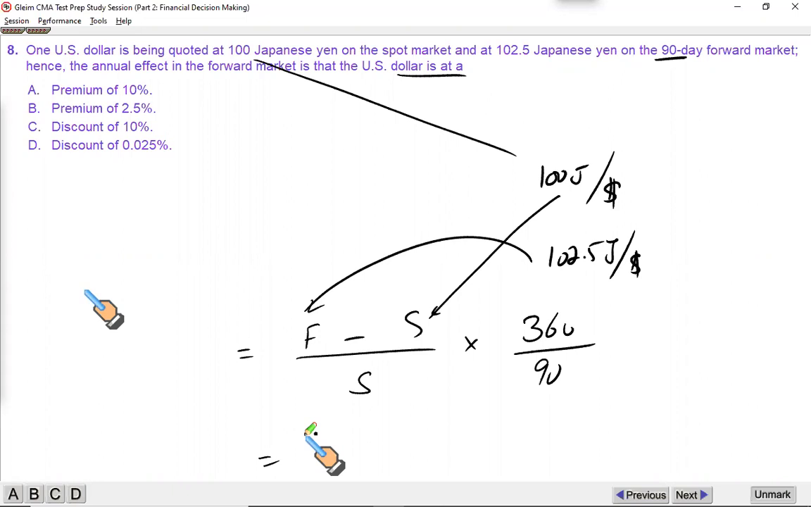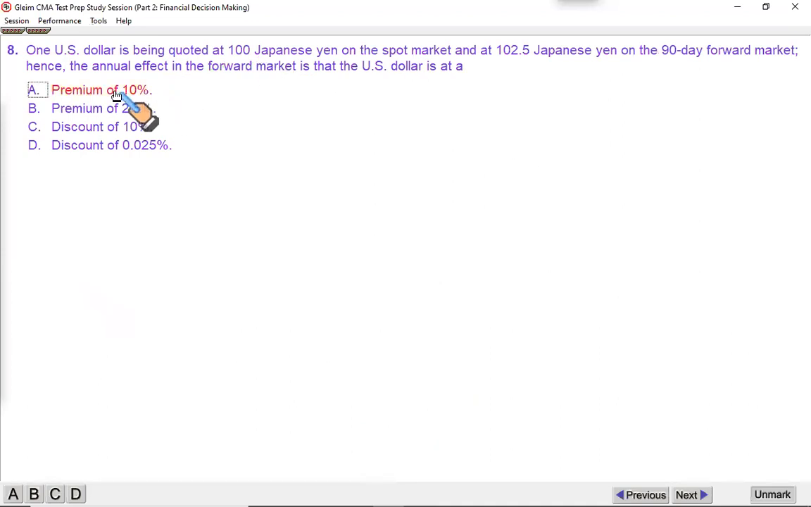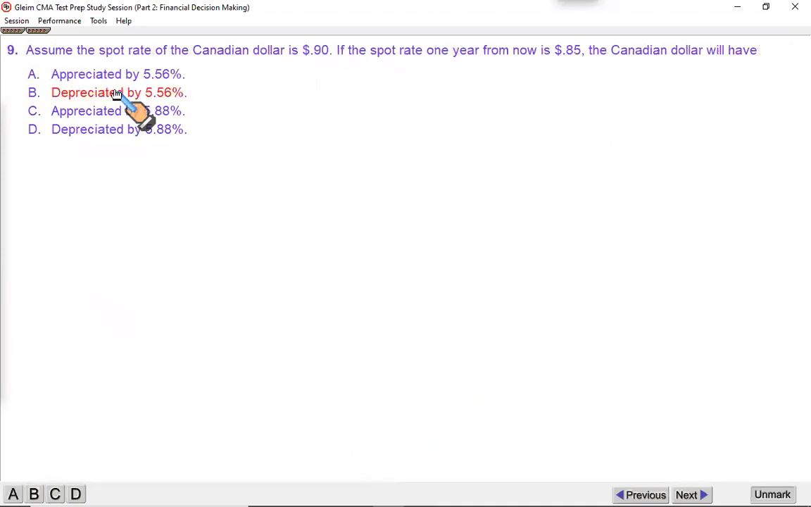102.5 minus 100 upon 102.5 times 360 upon 90. It's about 10%. 10% premium. If the result is positive, that means it's a premium. If the result is negative, that is going to be a discount. So that makes A the correct option. Again,